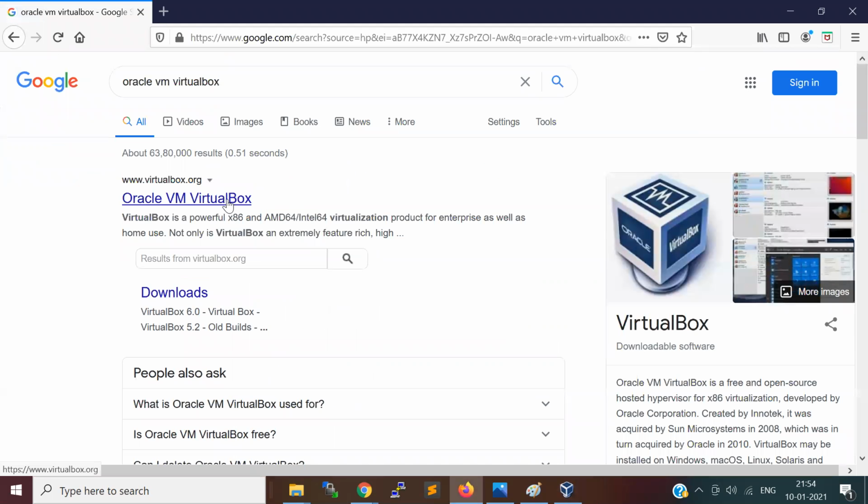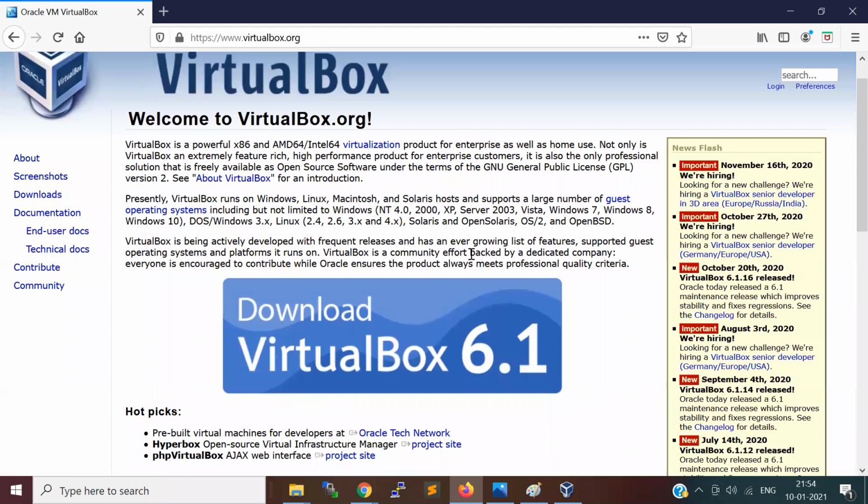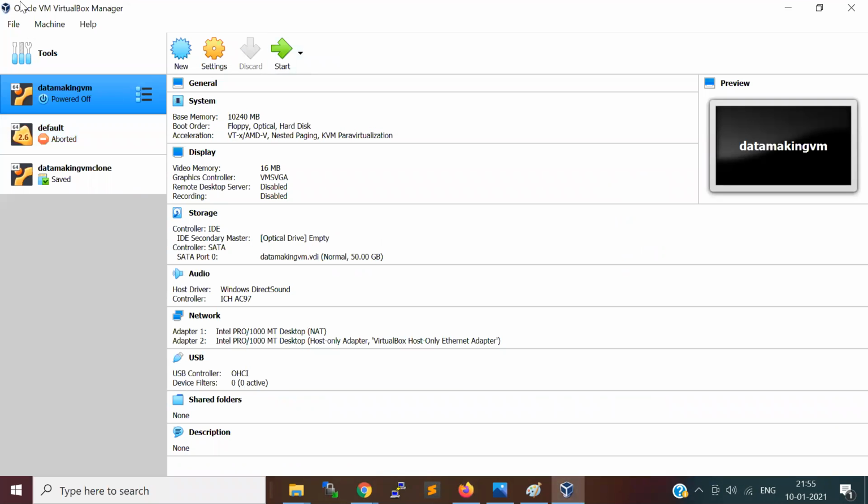You can just Google and go to the website virtualbox.org and download it. I hope everybody is using a Windows machine, right? Yes. So you can install this software. It's simply click next and next. Once you install and open it, this will be your UI.